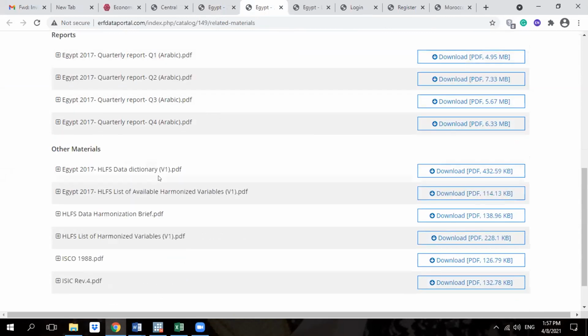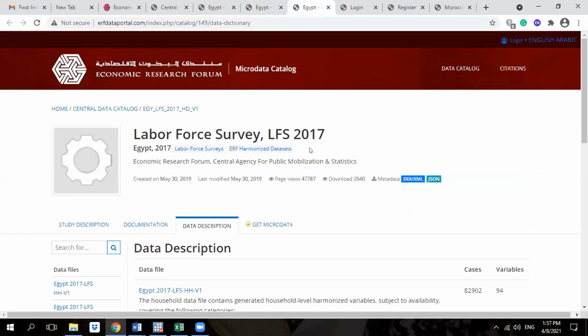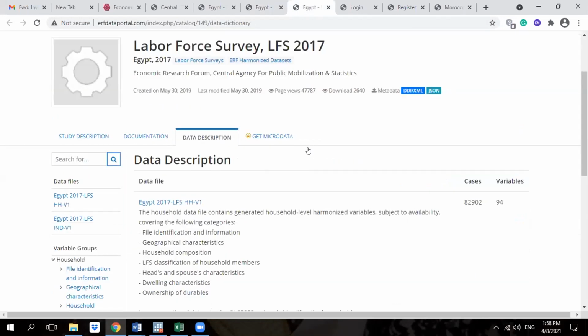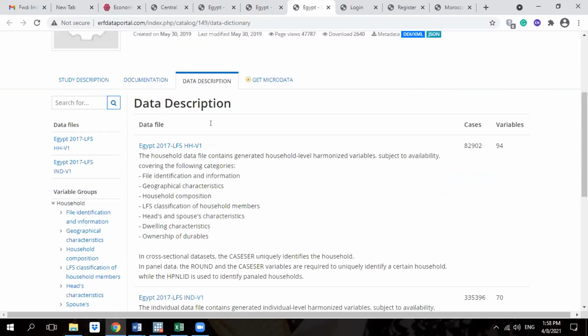If you are interested in the documentation on the survey, you can find it in the documentation tab. You will find the questionnaire or the report published on this data set. Also the data dictionary that Dr. Mai talked about. Also, all the manuals or international codes that we used in the cleaning and harmonization, you will find as other material. And if you want to explore our data before requesting, you can find it in data description.